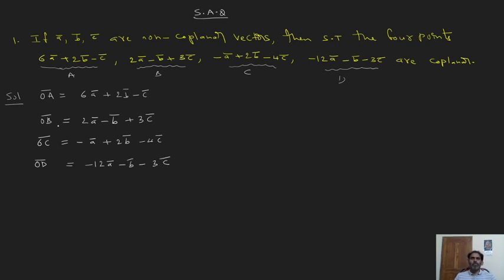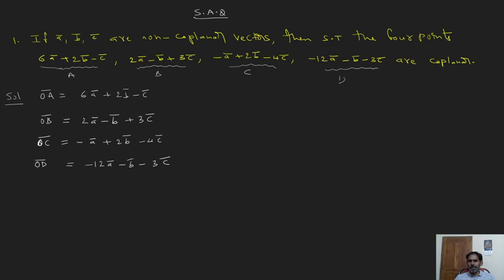These are the 4 points whose position vectors I am writing. This is the important point you should write. The given 4 points are A, B, C, D, but their position vectors are denoted by OA bar, OB bar, OC bar. Indirectly they are given. Point means they are position vectors, not points X. Their position vectors are given. That's why I am writing OA, OB, OC, OD. This implies I am converting these 4 points into 3 vectors like this.